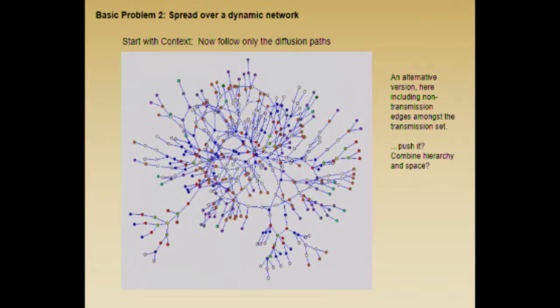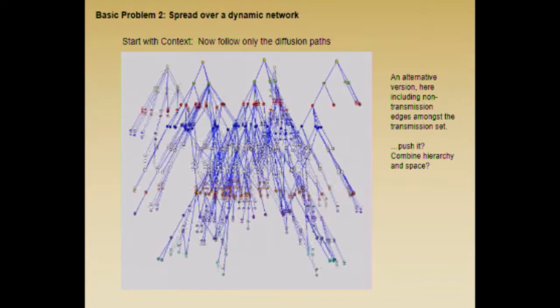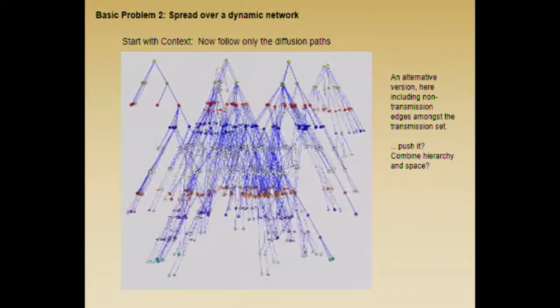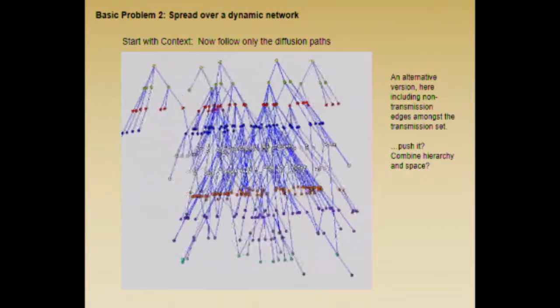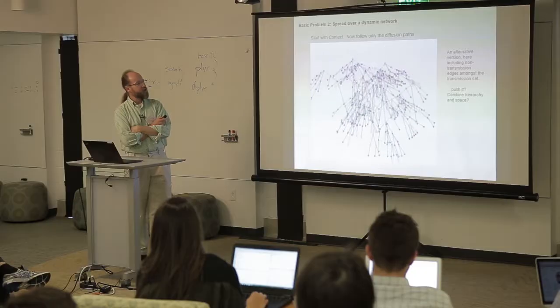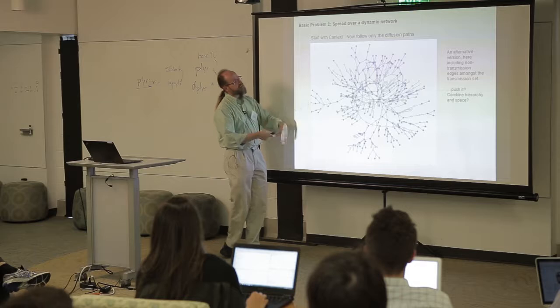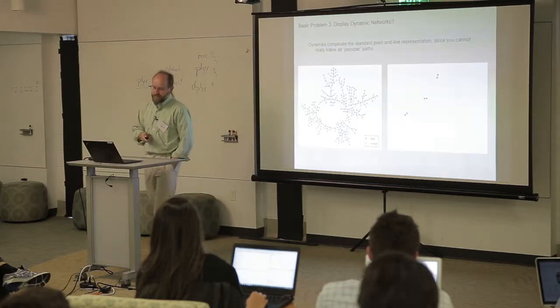We tried at one point to link these two things, right? So could we make it so that it's not just a transmission tree, but so we have the trees embedded in 3D on top of the spatial layout? It's cute. I'm not convinced that it works. But this is the spatial layout, and then it goes to the tree on the other side.